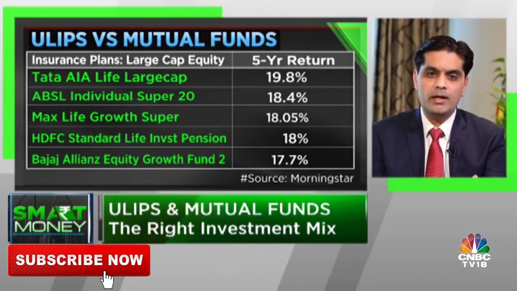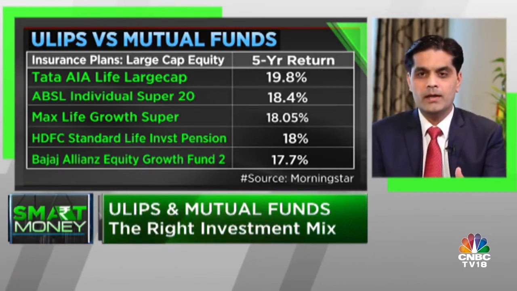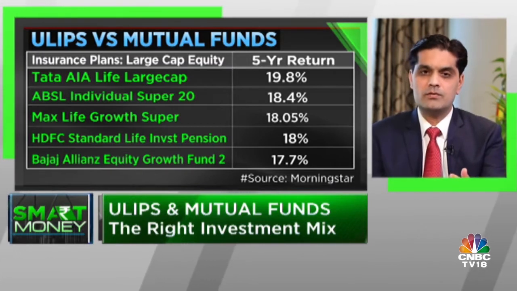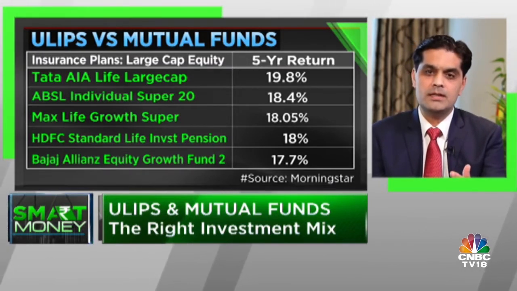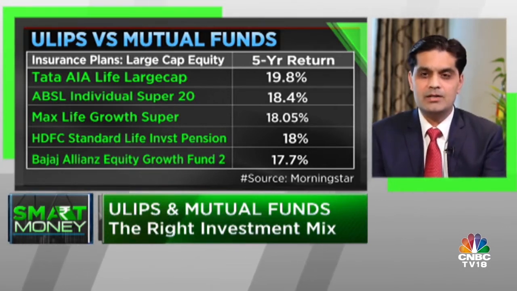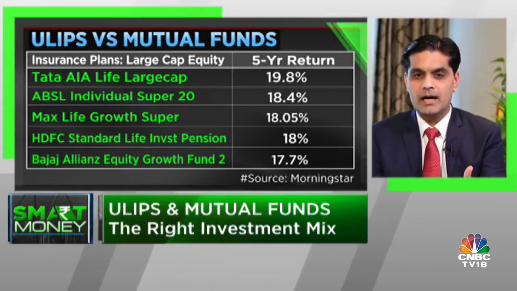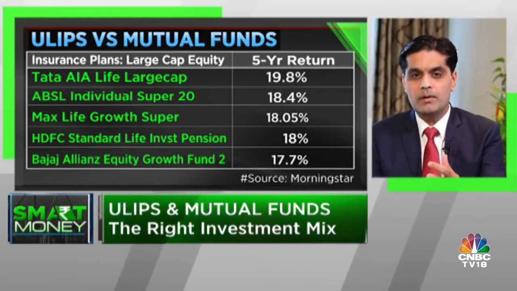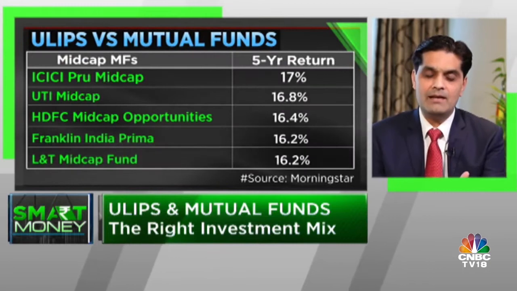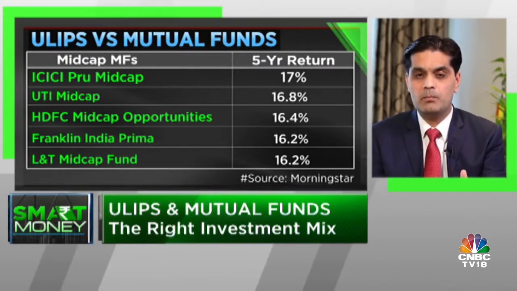And one very important part, Surbhi, which we miss out, is that there is a gross reduction of 3% in the overall yields if the term of a ULIP is less than 10 years, right? So that 3% gross reduction is fairly high. And the charges in a ULIP are deducted by deduction of units, and they are not deducted from the NAV of the fund, which is a very, very big point, right?